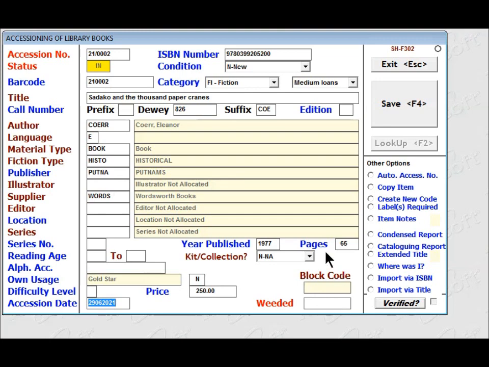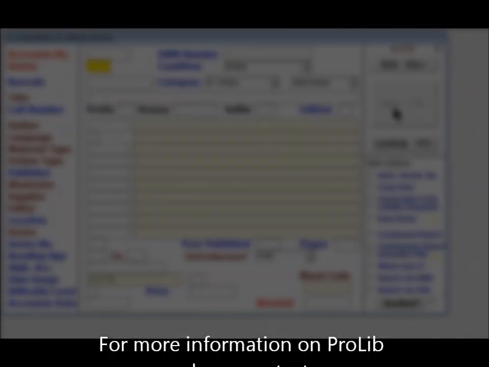So we have now accessioned a fiction book. That is all the information in, and I'm now going to click on save, and that book would now be in the library. We can also print out barcodes for the books, but I will show you that in a different video. So we click on Save or F4, and that book is now